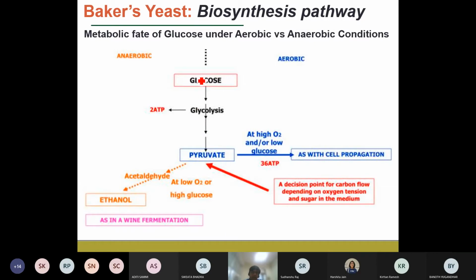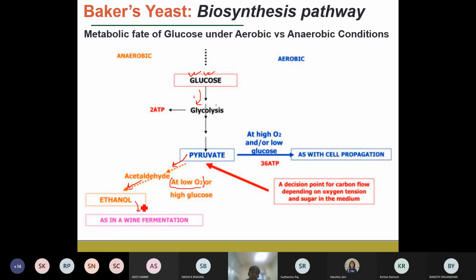If we look into the starting pathway, the fermentation starts with the glucose derivative, where glucose was converted to glucose 6 phosphate, then glucose 1,6 diphosphate, and so on. This glucose was converted through the glycolysis pathway to pyruvate. After the pyruvate was produced, anaerobic conditions were maintained, and this pyruvate was converted to acetaldehyde, and the ethanol was produced.